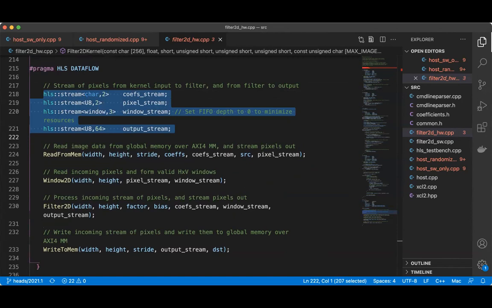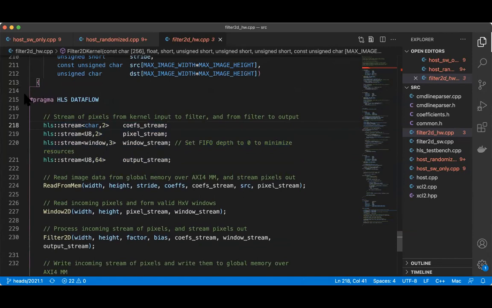In the case of pixel, they are using templates. We have to see what exactly this window, window comma 3 is, but essentially each entry in the stream, or FIFO, can be of any type. You can specify the type that you would like to have.